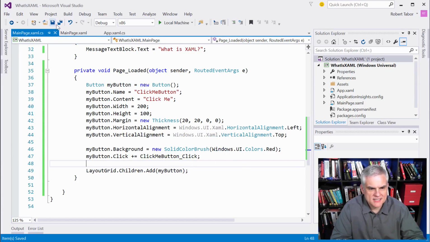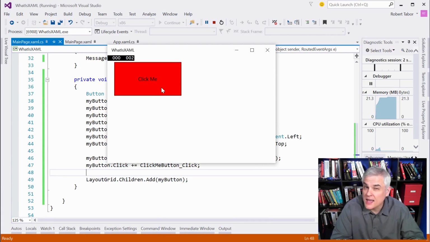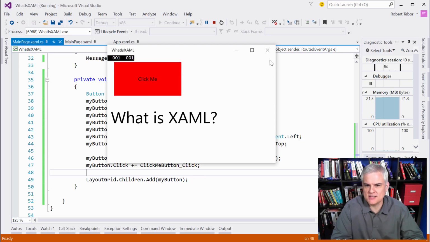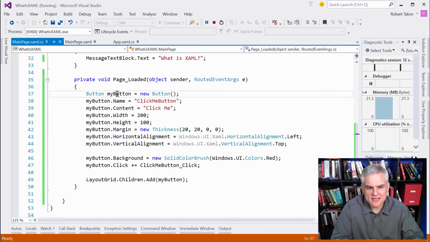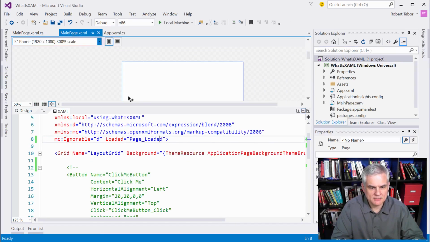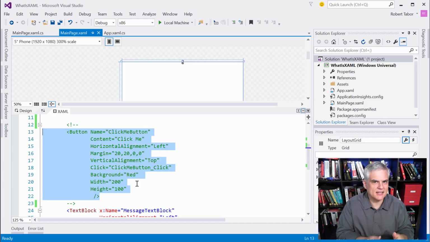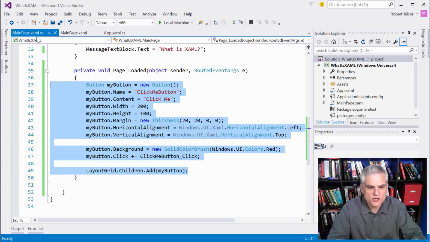But the point of this is if we actually run the application, I want to show you what it does. Hey, it created a red button almost identical. In fact, it is identical to the one that we defined in XAML. And if we click it, it gives me the same result. So the point that I'm making here is that it took all of this C# code to do what I was able to do in basically just one line of code. Now I've spaced it out over several lines, but you can see that the C# version of this is much